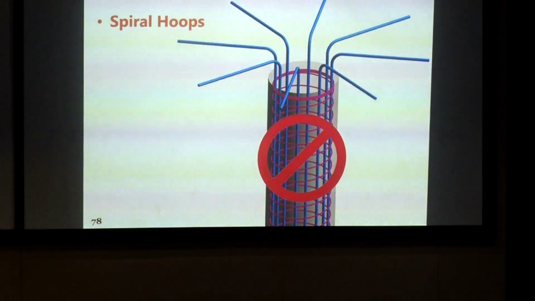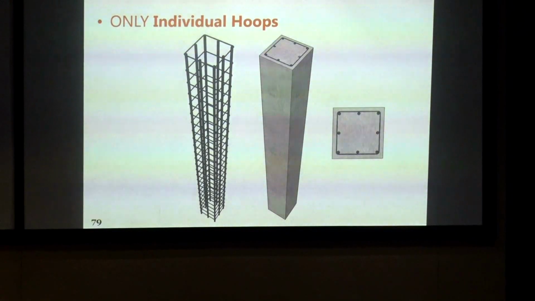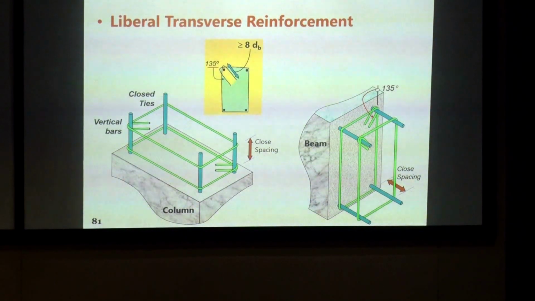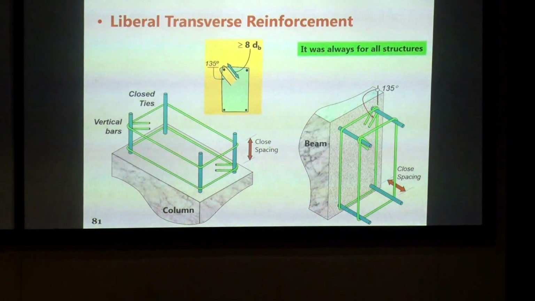Spiral reinforcement is not helping. One hook alone is not going to provide either the confinement or your shear capacity. So this is another important thing, that all these members that we usually believe to be compression members actually also have to be designed for shear. And so that is something that will be stated explicitly. So only transverse reinforcements and individual hooks will be permitted, and of course with all the other requirements of detailing in terms of spacing, the hook length and so on and so forth will be there.